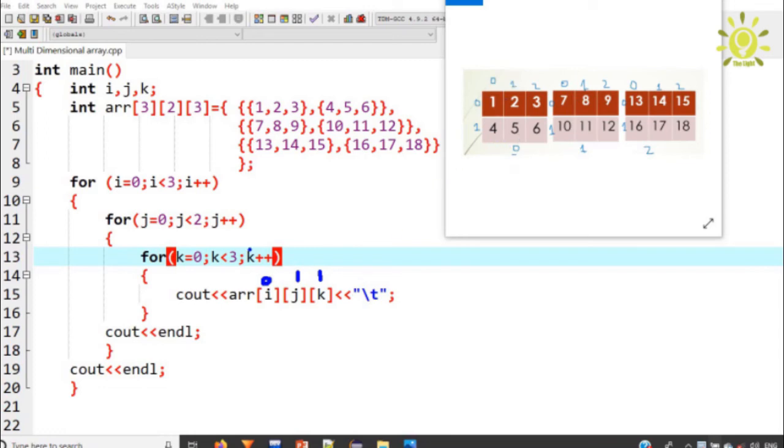So again increment process, so value will be changed into 2. So 2 less than 3, condition will be true. So 0 1, but the changed value is k 2. So 0 dimension, 1 row and 2 column. So 6 will be printed on the screen. So guys, now again increment. So 3 less than 3 condition will be false. So control exits from the loop body, and here it will enter into the outer loop, and that is actually used for new line. So control moves to the new line.